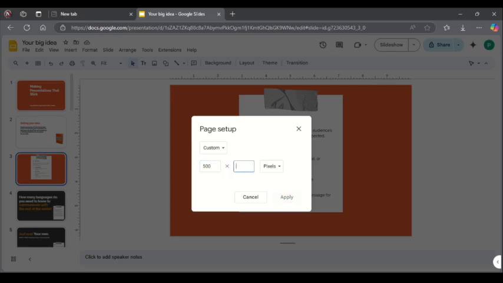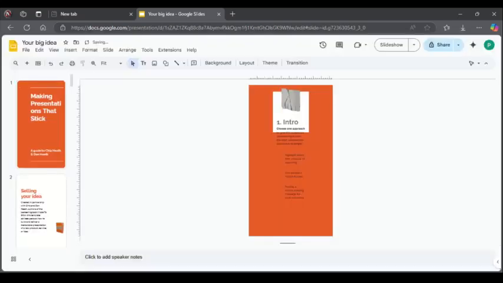And from 500 you can change to 900. From 600 you can change to 900. There's 900 pixels. Then you tap on apply. You can see the difference, and that is how to change slide